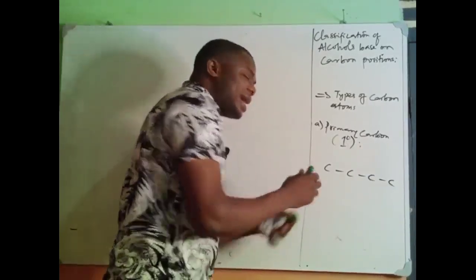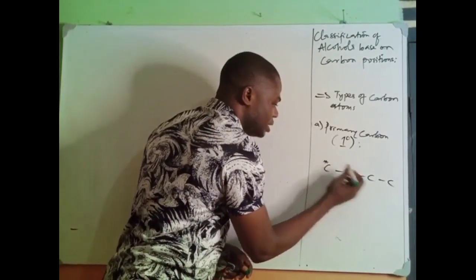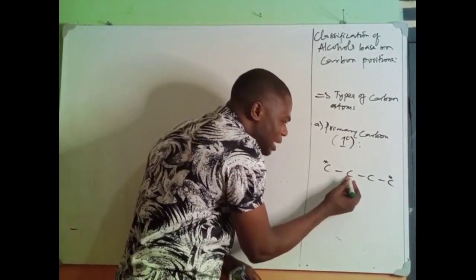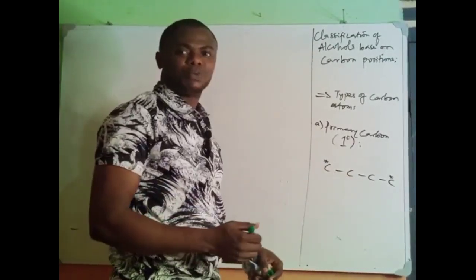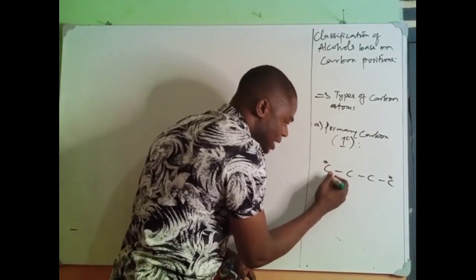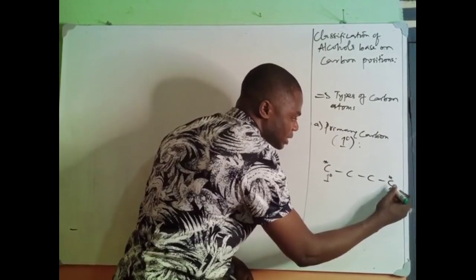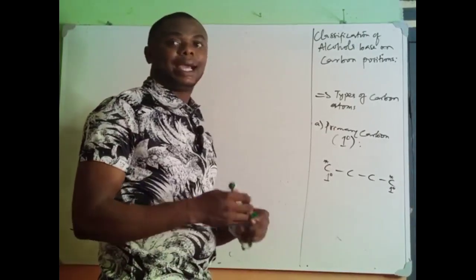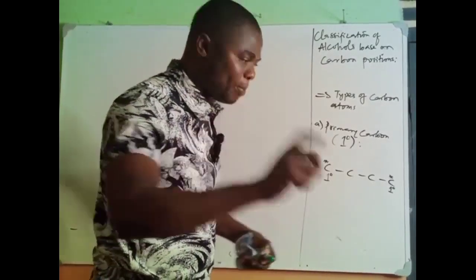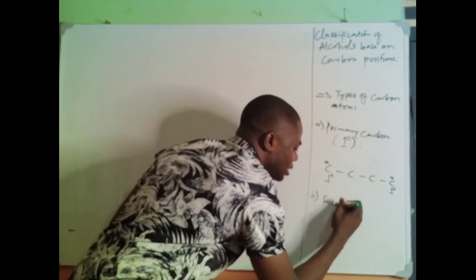Now any carbon I put an asterisk on is a primary carbon. You are a primary carbon. What makes you a primary carbon? Because only this one carbon is directly attached to you. You are 1 degree, and you are also 1 degree. A carbon that has one other carbon atom directly attached to it is said to be primary carbon. So when you go to the B part, secondary carbon,